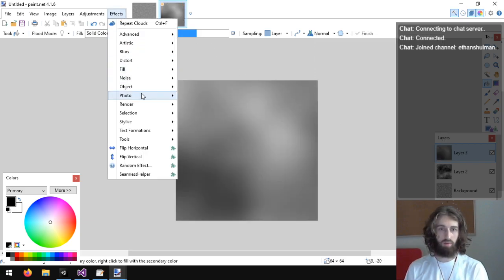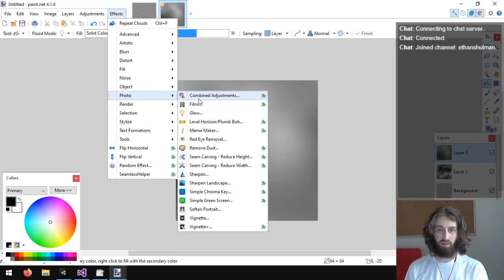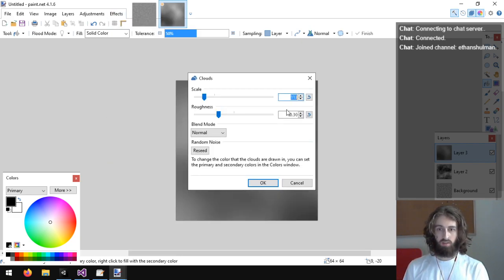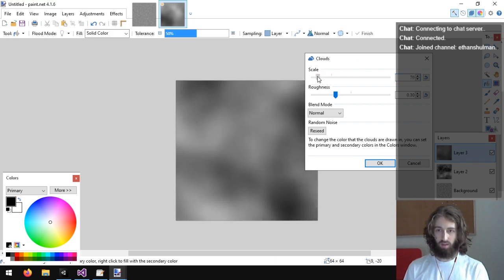Can I just automatically blend these? Just apply clouds on top of clouds.